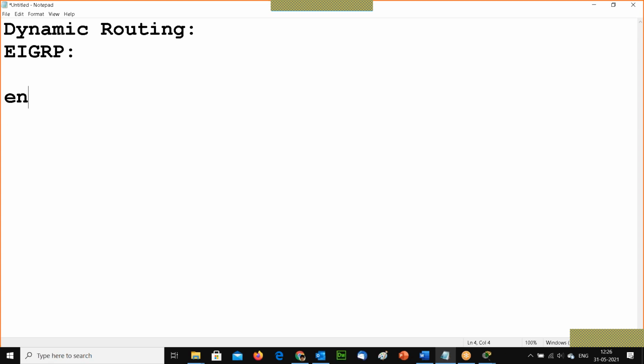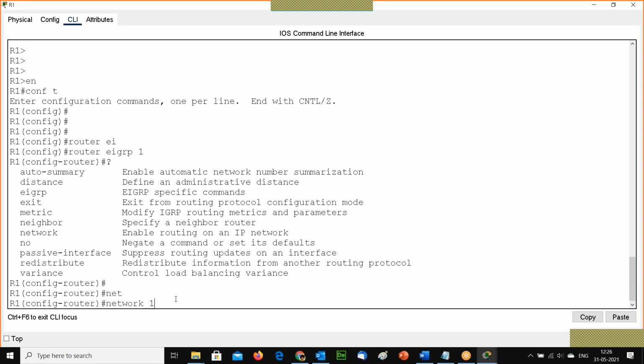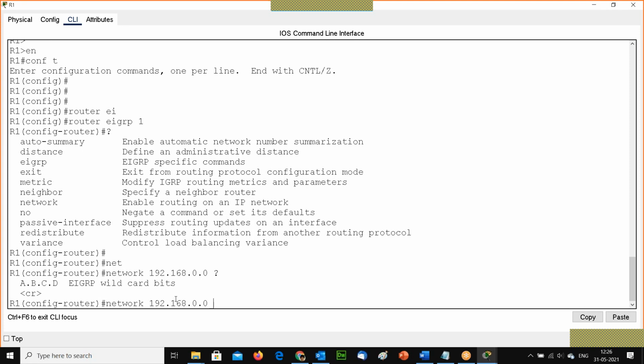Then enable, then configure terminal, then router EIGRP 1, then I will say network, that is 192.168.0.0. Then I have to use a wildcard mask.